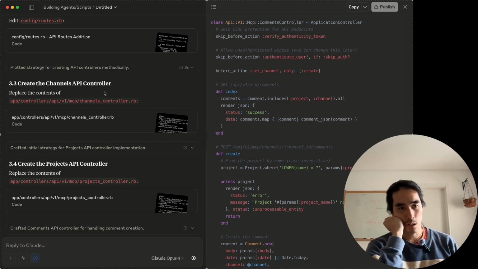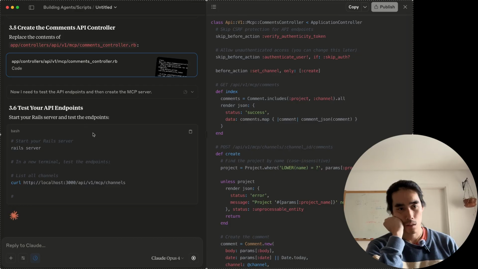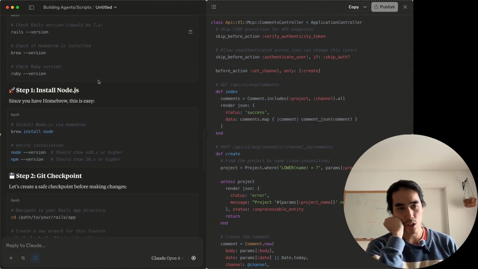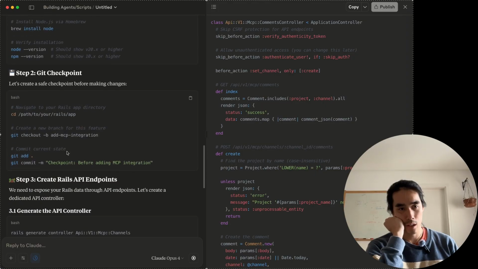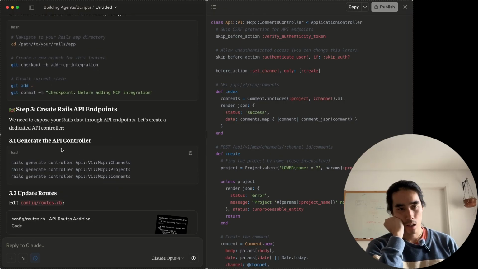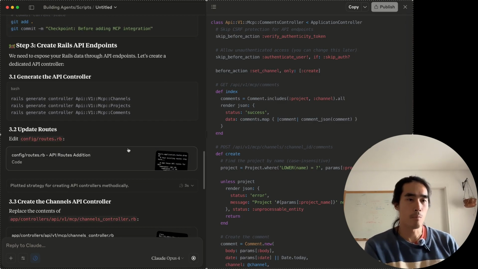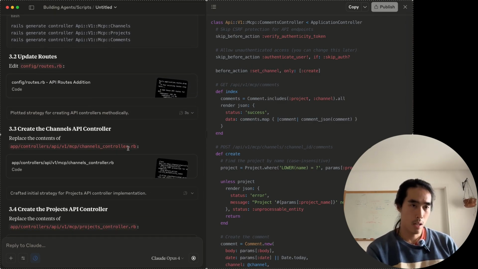Channels API controller. Replace the contents of. So basically what it is saying for now is just check the versions, install Node, create a new branch for this feature. I'll actually ask why. Then, it's version control obviously, but yeah. So create Rails, then I need to create the controllers for the APIs, update the routes, okay, create, and then